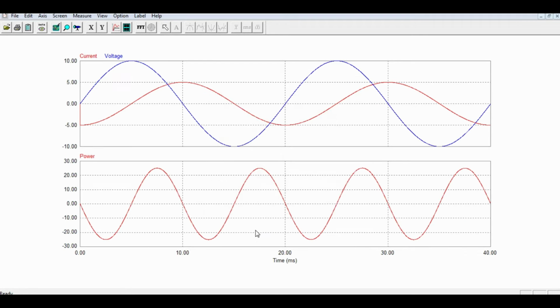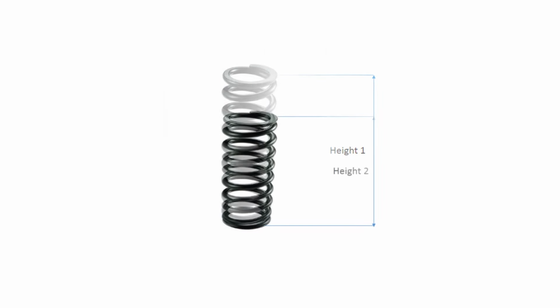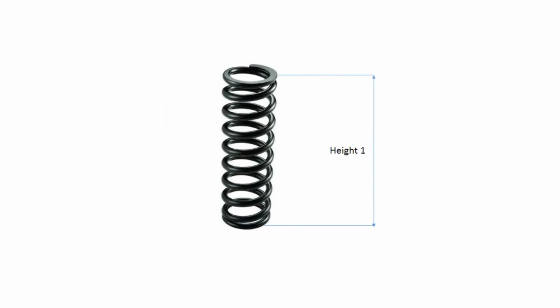Also, the power waveform is no longer positive and it alternates with an equal amount both above and below the zero line, which means the reactive power does not flow in one direction like active power does. It simply comes and goes 50 times a second. Think of it like a car suspension. It is continuously compressing and expanding during movement, but it always has the same length when it's at rest.